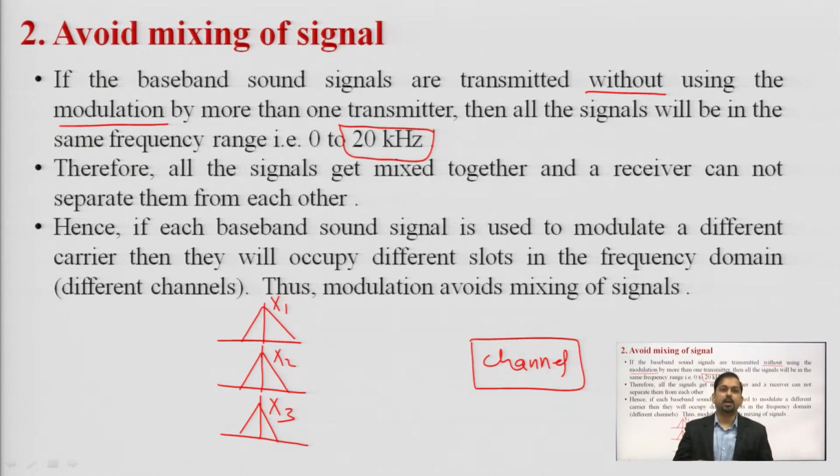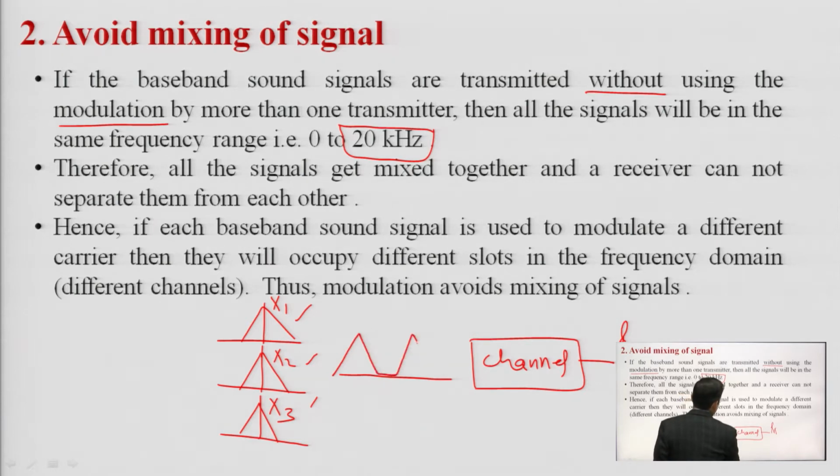So, if you are transmitting directly over the channel, there will be mixing at the receiver side, mixing of these signals x1, x2, x3. But let us say we are modulating these 3 baseband signals at different carriers, let us say this one at 100, this at 200, and this at 300, then we will have something like this: